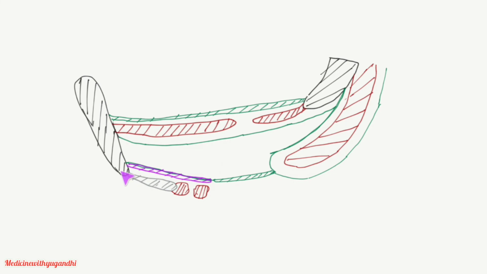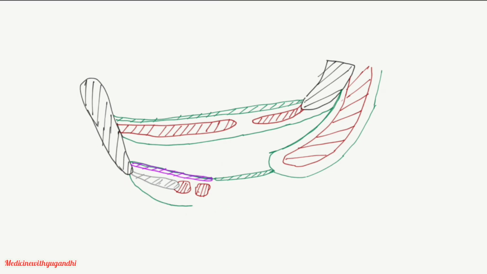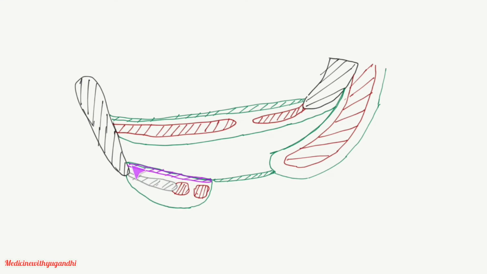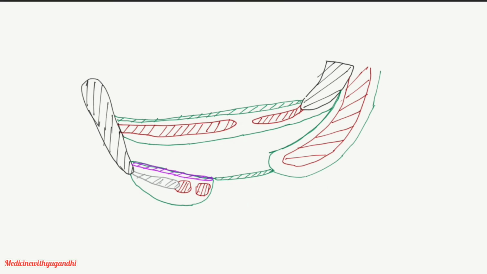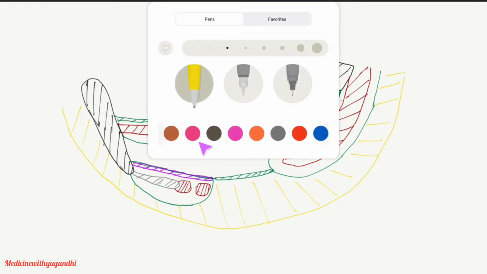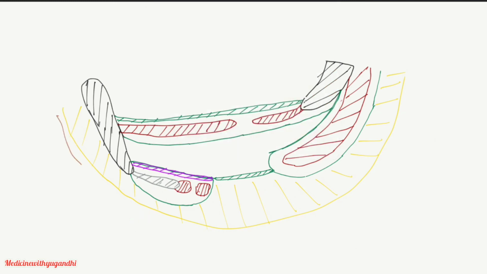So beneath this we saw the Colles fascia, right? This extends from the ischiopubic ramus to the junction between the perineal membrane and the perianal fascia, right? And beneath all these things you could find a fatty layer which is filled fully with fatty substance. These spaces will be discussed in detail in the next video. So this space is entirely filled with fat, and of course after that you can find the skin.